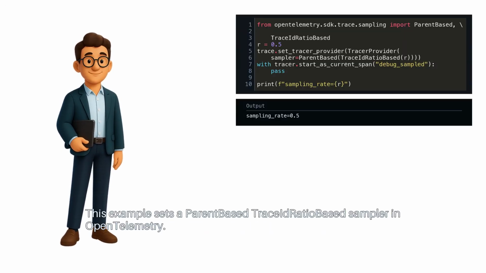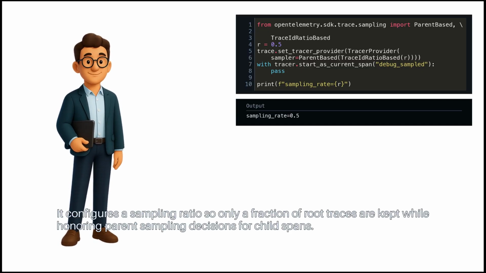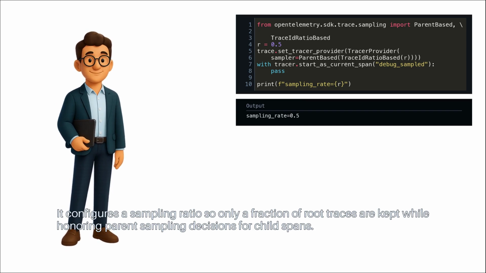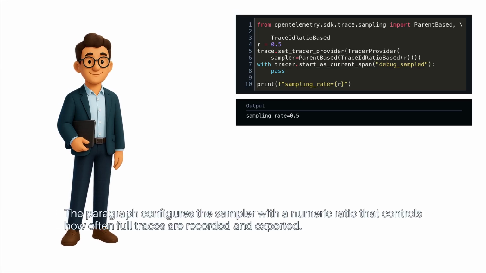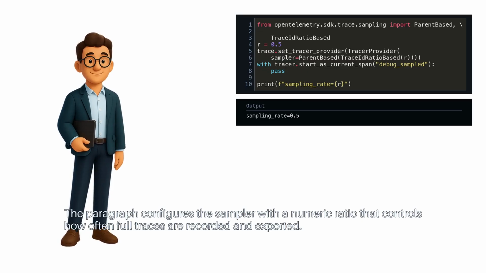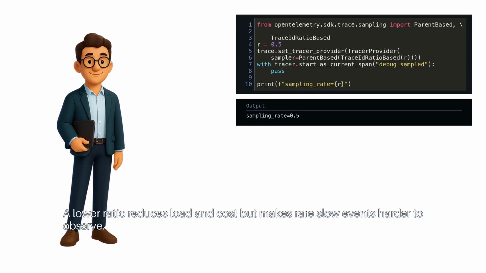This example sets a parent-based TraceIdRatioBased sampler in OpenTelemetry. It configures a sampling ratio so only a fraction of root traces are kept, while honoring parent sampling decisions for child spans. The paragraph configures the sampler with a numeric ratio that controls how often full traces are recorded and exported. A lower ratio reduces load and cost